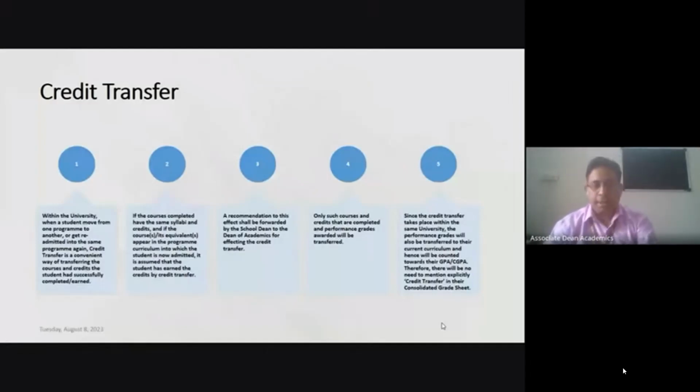So credit transfer simply means your already earned credit will be transferred to your new program. That is the first case. In the second case, if after 1 year you have withdrawn your admission but decided to take admission again here, then whatever credits you earned during your first year, we will consider your previously earned credit, even though you have taken admission again at VIT Bhopal. We will not ask you to study the same courses again which you have already studied during your first admission. That is the meaning of credit transfer.